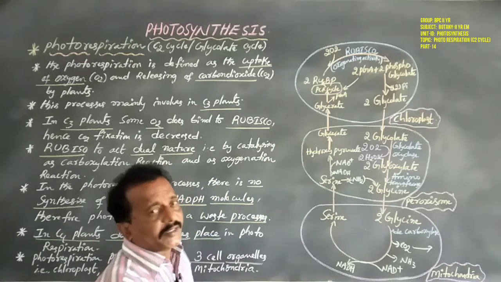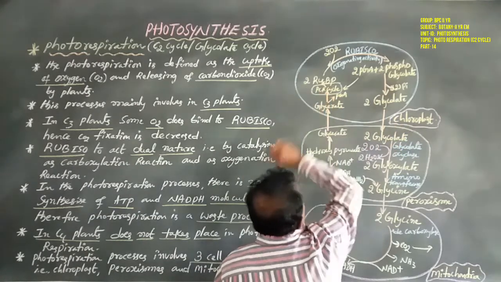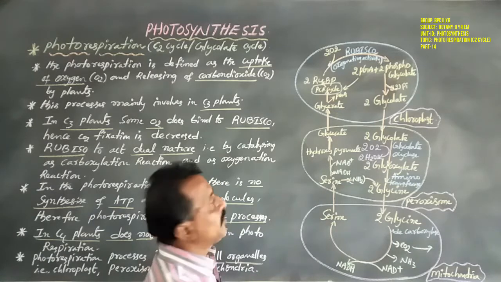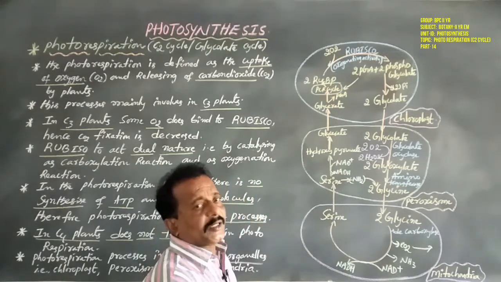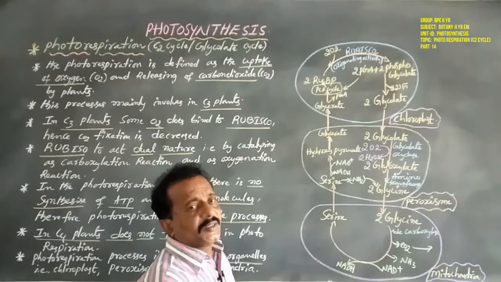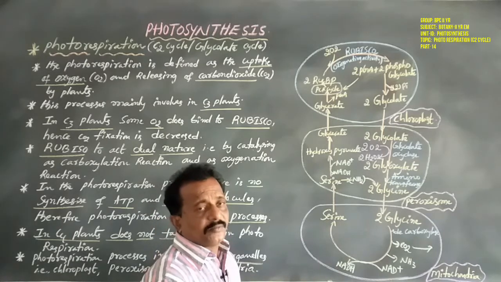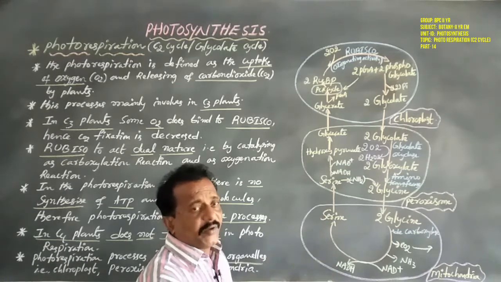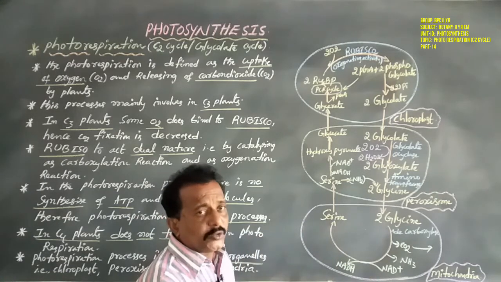Okay, now the chloroplast cell organelle already contains 2 molecules of RuBP, that is ribulose 1,5-bisphosphate. These 2 molecules of RuBP take up 2 molecules of oxygen from the atmosphere, and internally the 2 molecules of oxygen bind to the Rubisco enzyme. Why? Because Rubisco normally acts as a carboxylase, but in this process it acts as an oxygenase. Why? Because the air level of oxygen is 21% and of carbon dioxide is 0.03%.